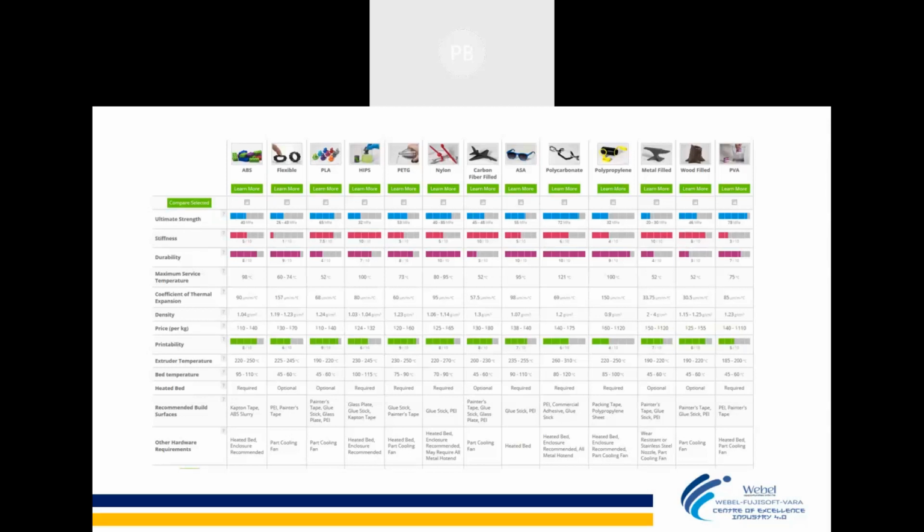Obviously, I will use ABS where my product needs a certain strength and a certain degree of flexibility, where ABS is suitable. ABS is one of the most commonly used materials in 3D printing because it gives you a good finish and good strength. Well, I can't say good, but it's the optimum: not too low, not very high. Your basic level of prototyping or basic functioning can be done with ABS.